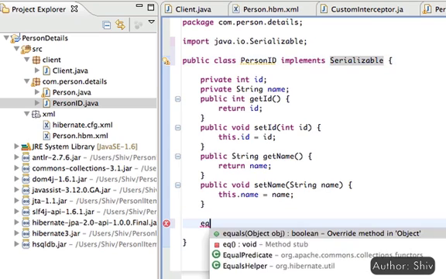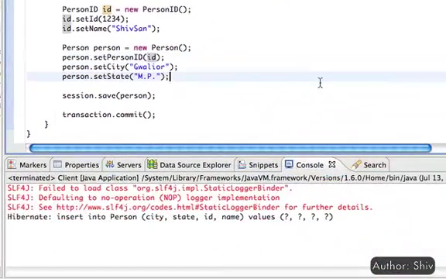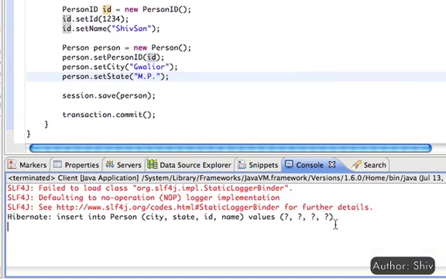I am leaving it to you to implement the equals and hashCode methods to make the comparison of the Person object on the basis of the fields serving as primary key. Executing it. Okay, working fine. Also at the database side,